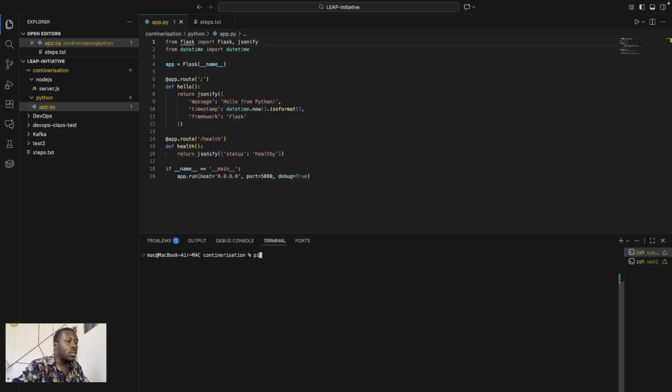So we can do python3 install Flask, and let me see. So we can do pip3 install Flask.